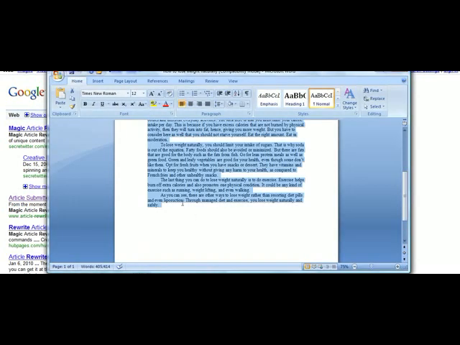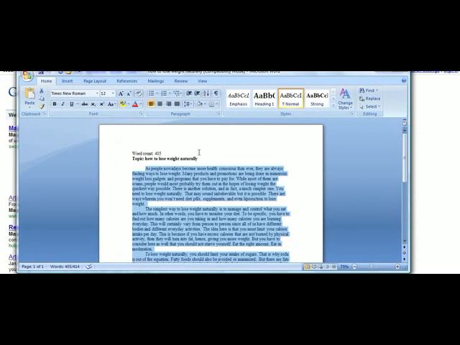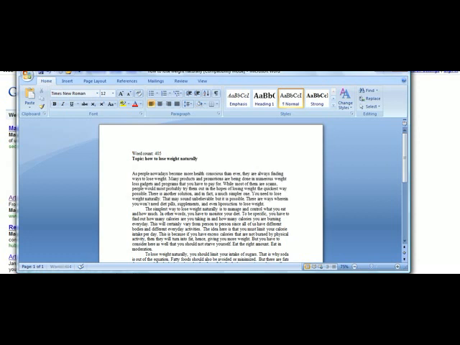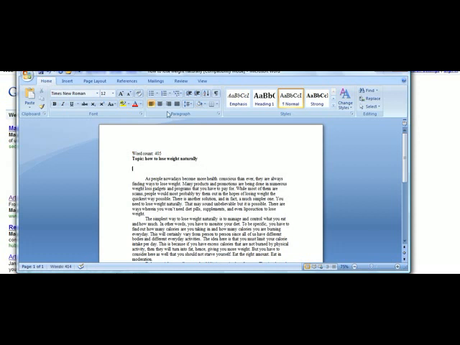So now that we've accomplished that process, what I want to show you now is how to create a nice keyword-rich title. You see here the topic is how to lose weight naturally, and so obviously you want to have your main keyword phrase show up in the title of your article. This is a must and something that should happen all the time with your article. So I'm just going to come over here and create a nice title.